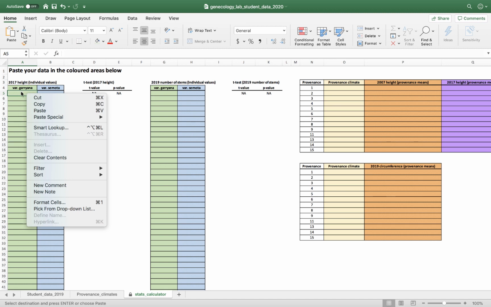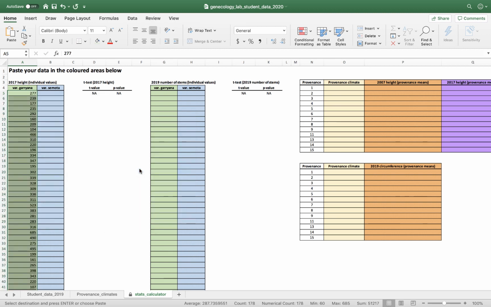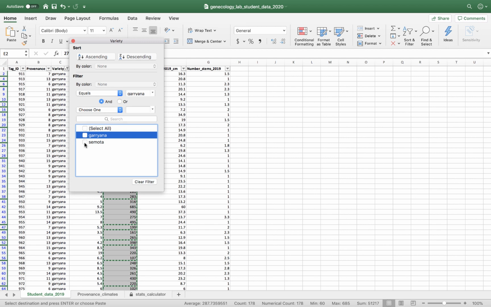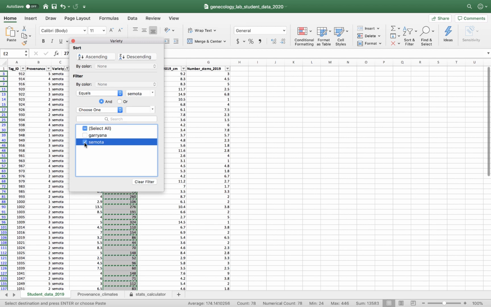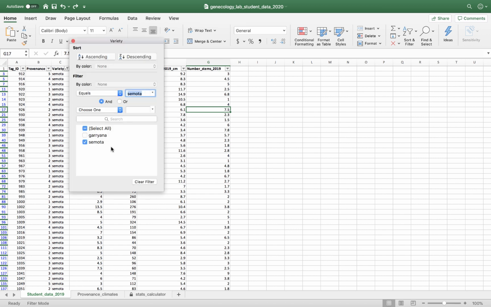With the right click, I'm not going to paste directly. I'm going to paste special, and I'm going to paste values. Otherwise, it would paste also the formatting from those cells, and I don't want that. I just want the values here. So I'm gonna deselect Garryana and select Semoda. So now that we have Semoda selected here,